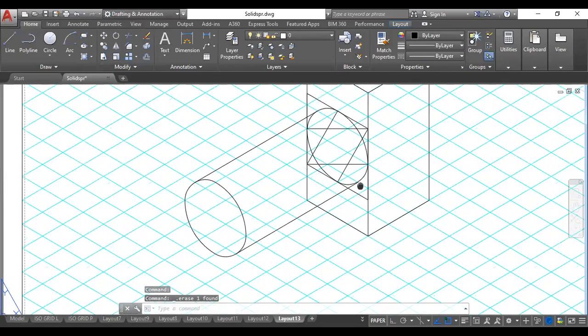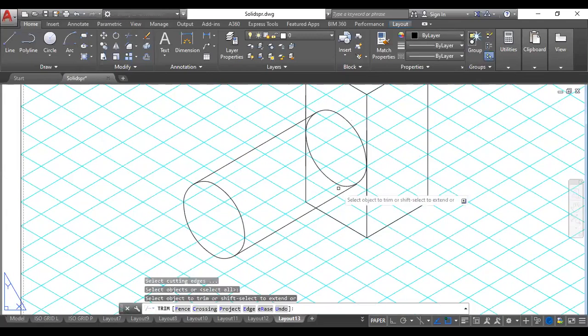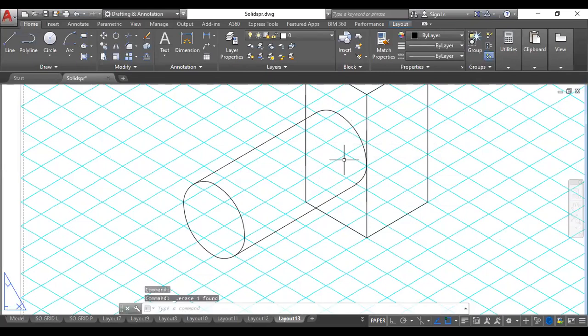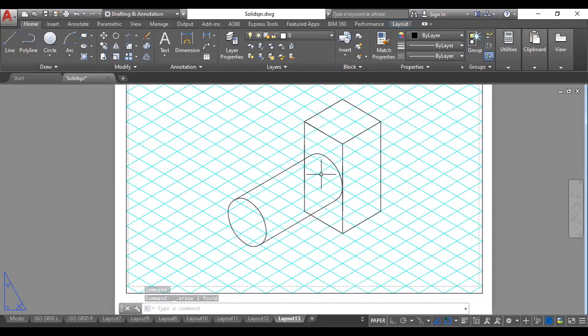Right? So this part will not be visible to the observer when seen from the side view, that is the part of the cylinder, which I'll show you now. Okay, so this inside part of the cylinder will not be visible. So that inside part will be trimmed. This inside part of the cylinder won't be visible to the observer. So this is how the final drawing would look.